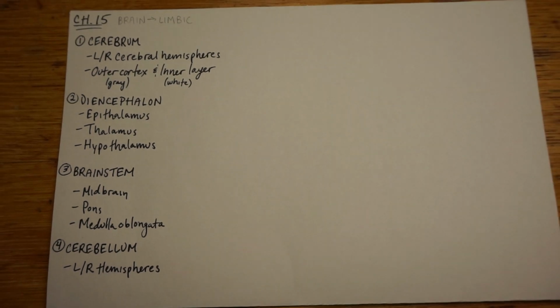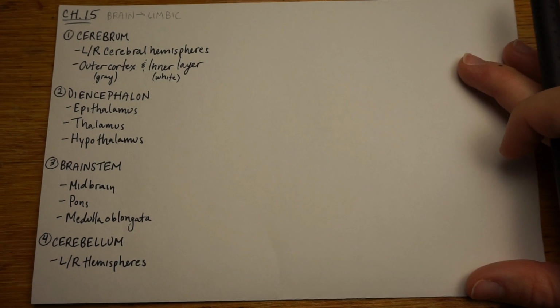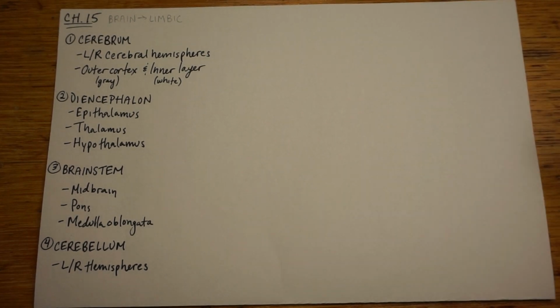This lecture, or this video, is going to be on chapter 15, specifically both lectures 19 and 20. The point of this video is that a lot of people get really intimidated by the brain, rightfully so. It's very complex, there are lots of parts, but essentially this video is to really summarize it as much as possible. Like, how can we break this information down to a half piece of paper, right? So we won't talk about everything today that you need to know for your exam, but this is a great way to review, making sure you understand the big picture, how these systems relate to each other,